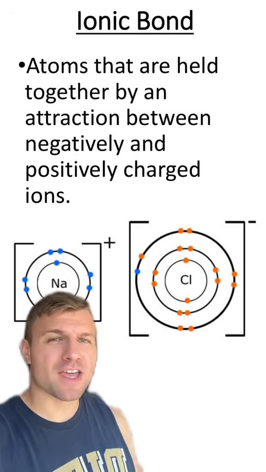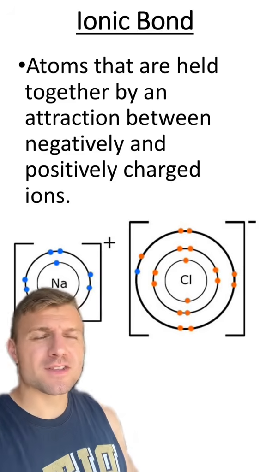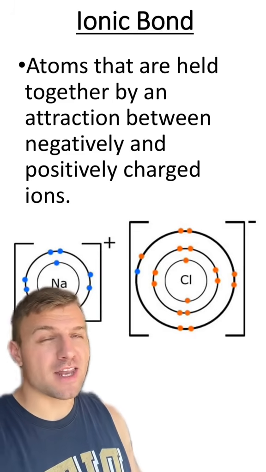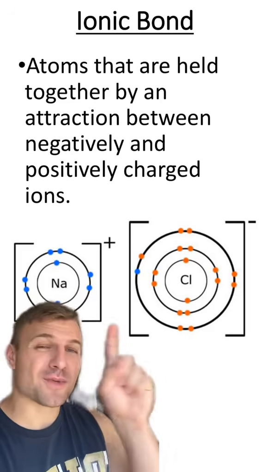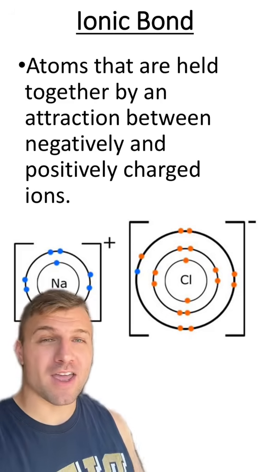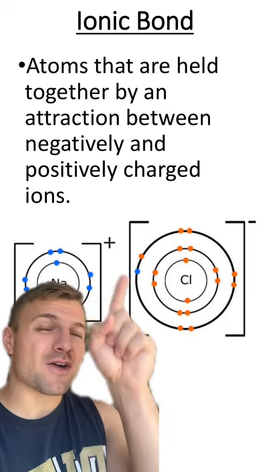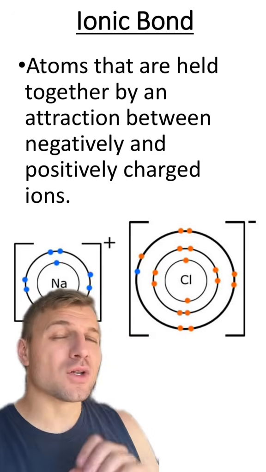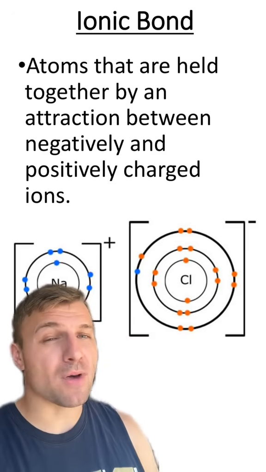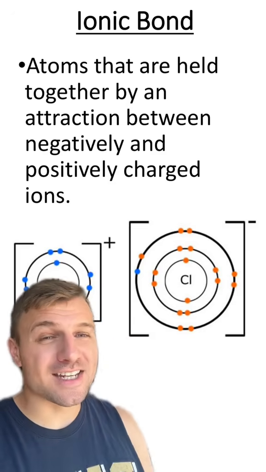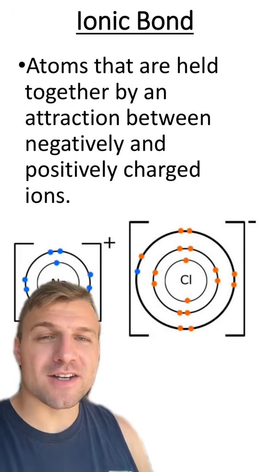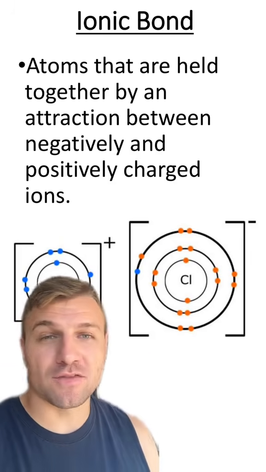Our next type of chemical bond is an ionic bond. These are when atoms are held together by an attraction force between a positive and negative charged ion. Sodium chloride is a perfect example of an ionic bond. Sodium gives its outermost electron to chloride to fill the octet rule. This means sodium loses a negative charge to become positive, while chloride gains a negative charge to become negative. And then once these become ions, there is an attraction force between them, and that attraction force is an ionic